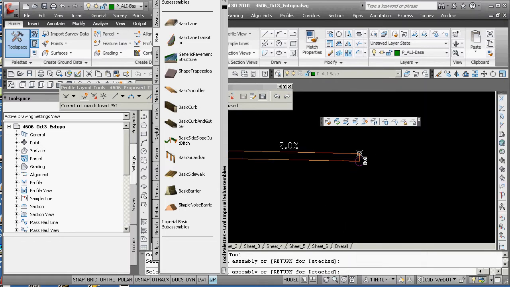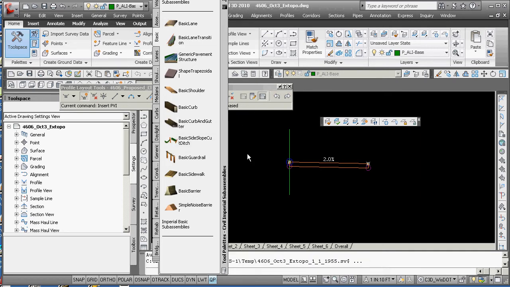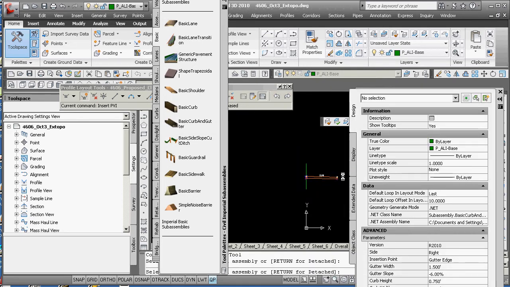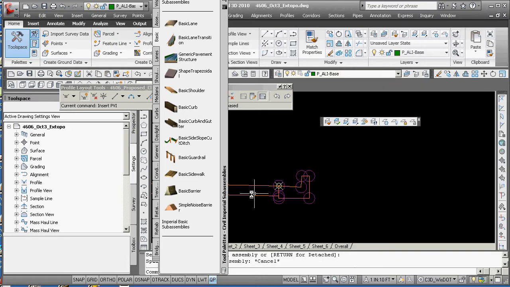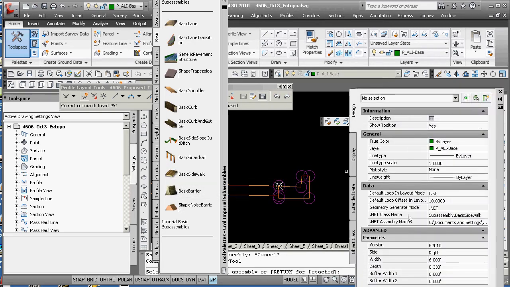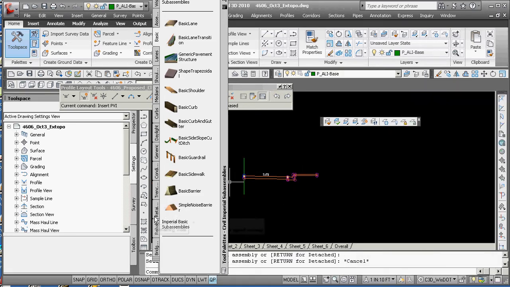And then you're going to see there's these snap points that you grab for one thing, grabbing the other. So I'm going to go to basic, curb and gutter. Once again, I'm going to grab that curb and gutter, try to grab that point there, and you've got the curb and gutter. And then most likely we want to grab, I'll do a basic sidewalk right on the edge. Don't necessarily like the way that works, but I'm going to do a basic sidewalk, stick it there. And then I'm going to do a basic,